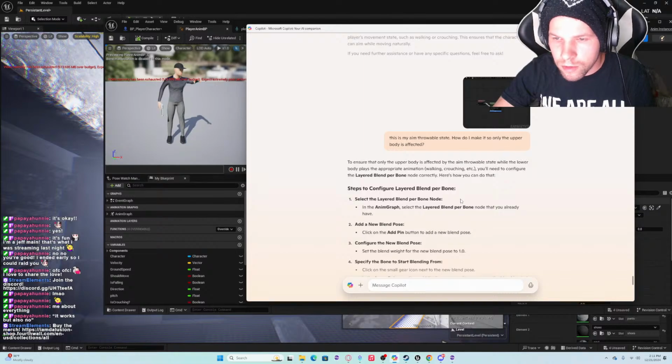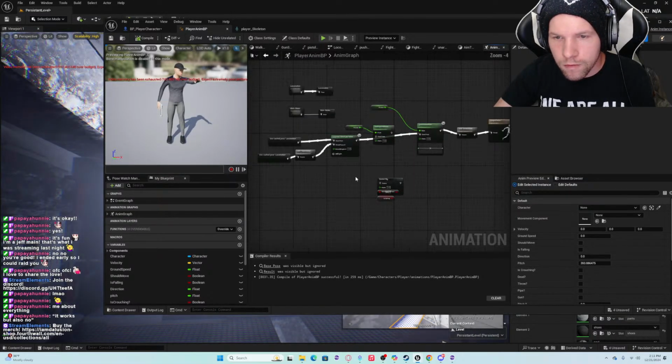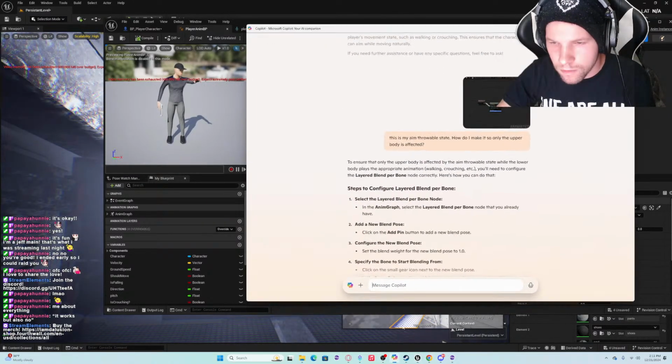Select the layered blend per bone node in the anim graph. Select the, let's see.